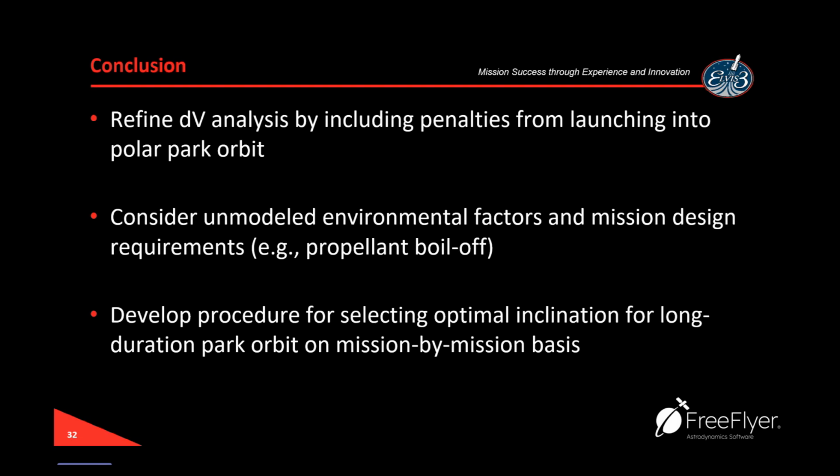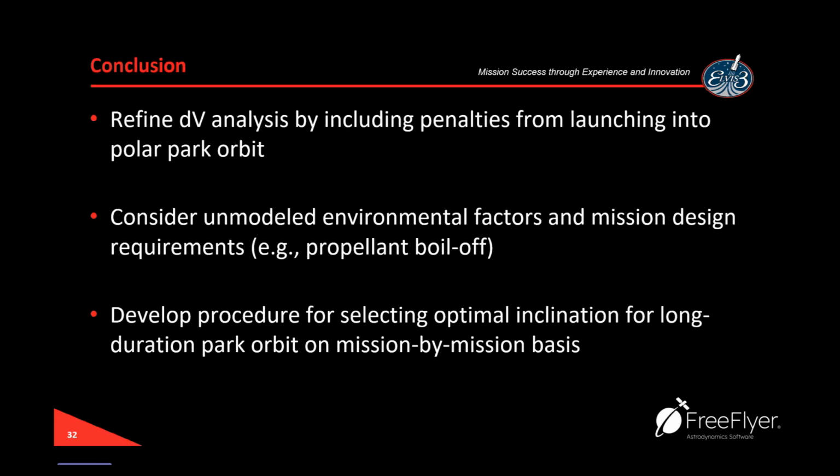So, if you want to get into a 28.5-degree park orbit, launch east out of Florida. And by doing so, you get that additional speed boost from the Earth. But if you want to launch into a polar orbit, let's say south out of Vandenberg, then you aren't getting that speed boost and you're taking a delta V penalty as a result. So the next analysis has to include